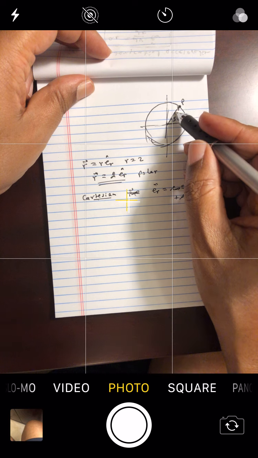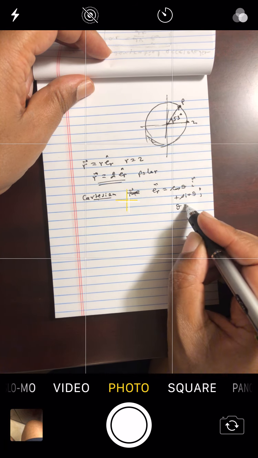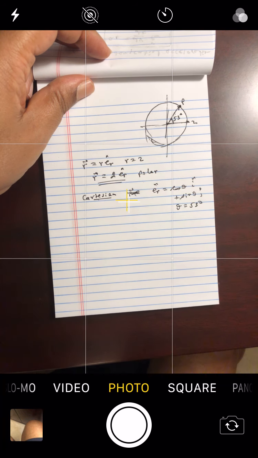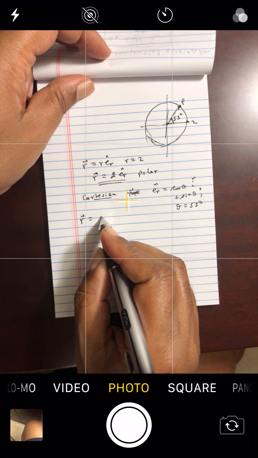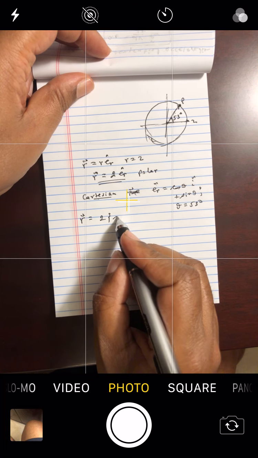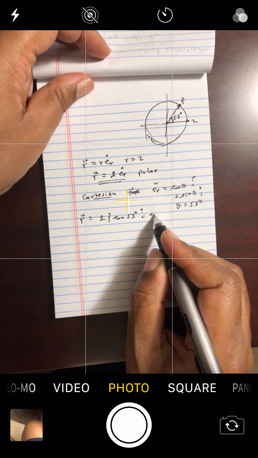Remember, theta is the direction of the position vector, so it's this angle over here. So theta equals 53 degrees. In Cartesian coordinates it is 2, and then cosine of 53 degrees in the i direction